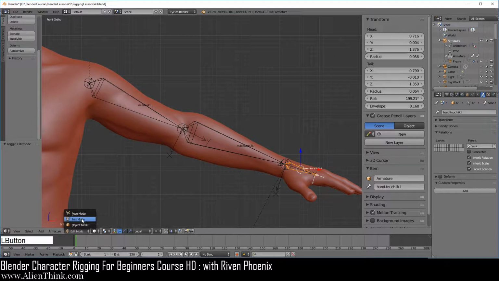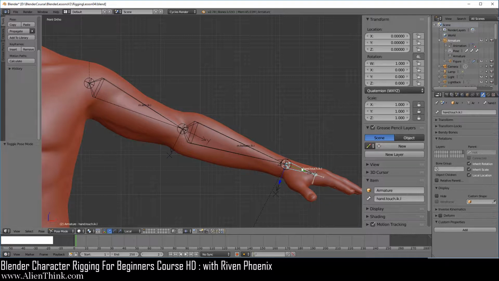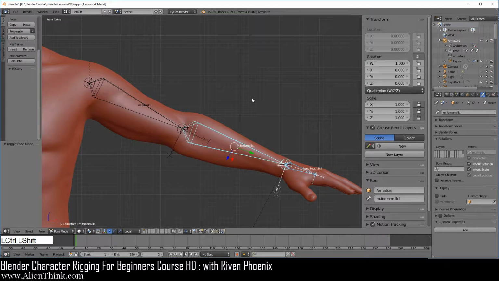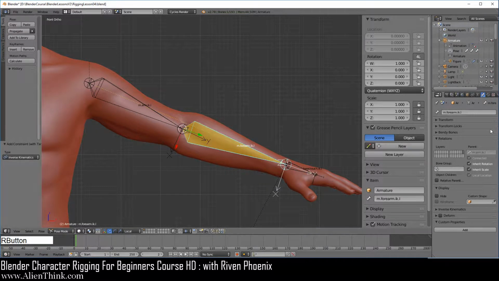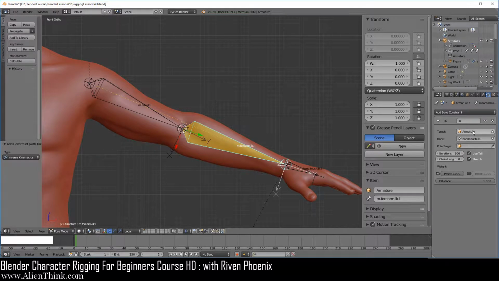So this is now an outside bone that can be used with the inverse kinematic system. So go ahead and switch to pose mode, and here what you want to do is click on this bone, press the shift key down, click on this one, just do shift control C, and here we're going to do inverse kinematics. Go ahead and click this and go to the constraints. So here you can see that everything's been filled in for us. Now here of course on the chain length, when we do 1 we're talking about this bone, and when we do 2 we're bringing in this bone.